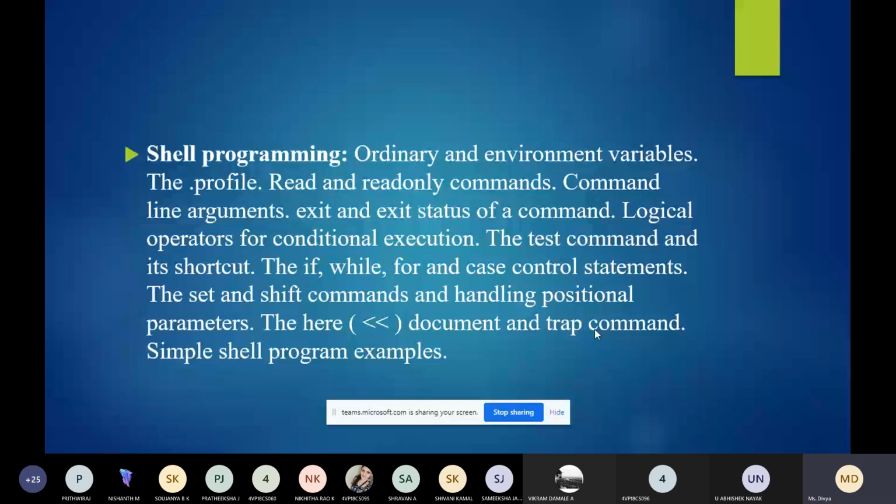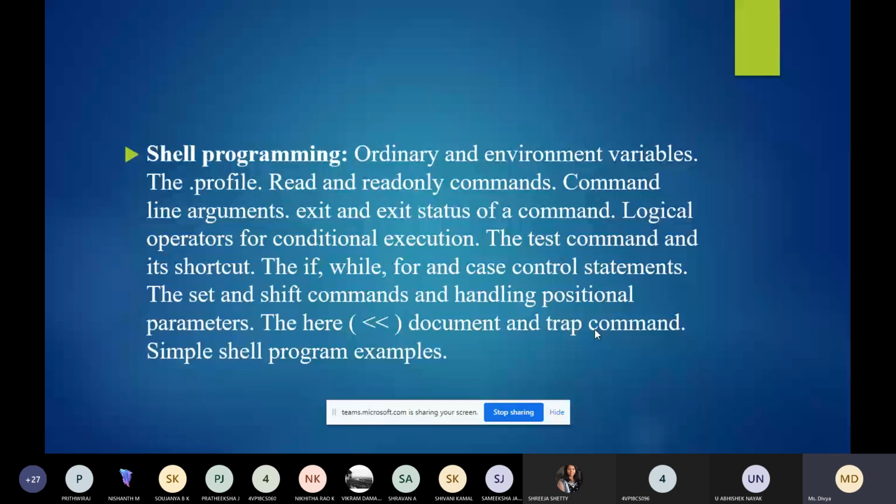I already showed you a sample shell program. When we started with the first module, the first session, I had executed a simple shell program. So what is the extension? Can anybody tell me what extension we use for a shell program? .sh. Okay, and shell programs support almost all functionalities like syntax, if statements, switch statements, exit.